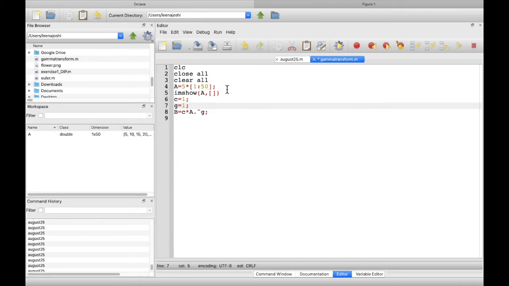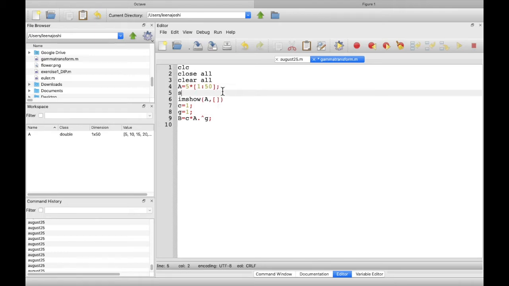And now I will do subplot 1 comma 2 comma 1 here, and I want to see this modified image in the second plot.